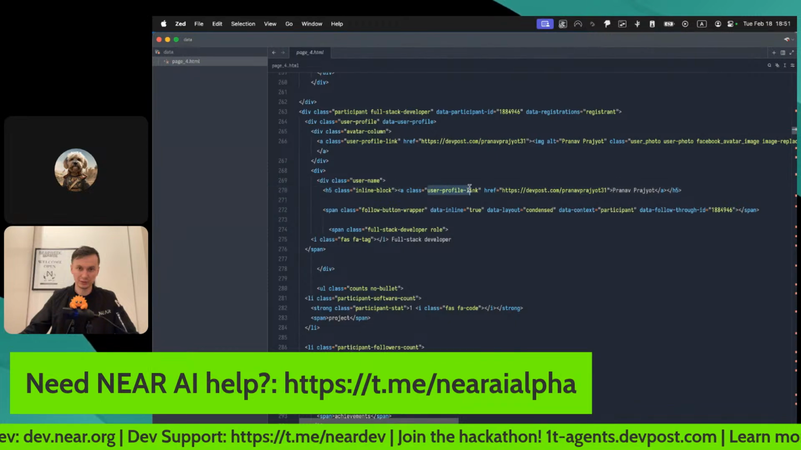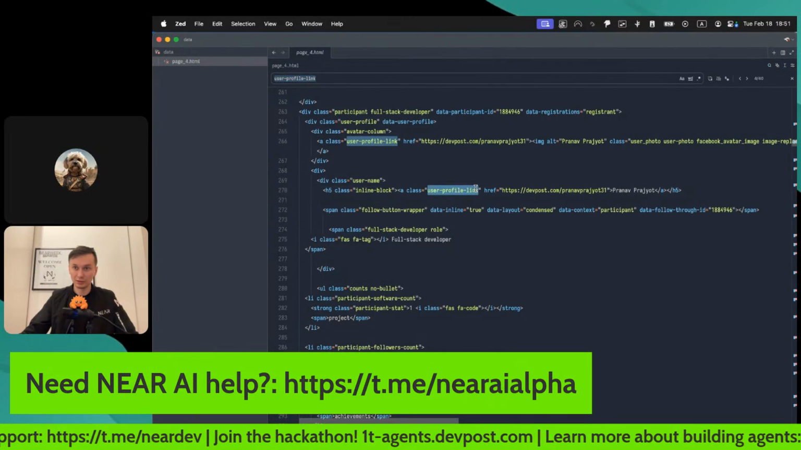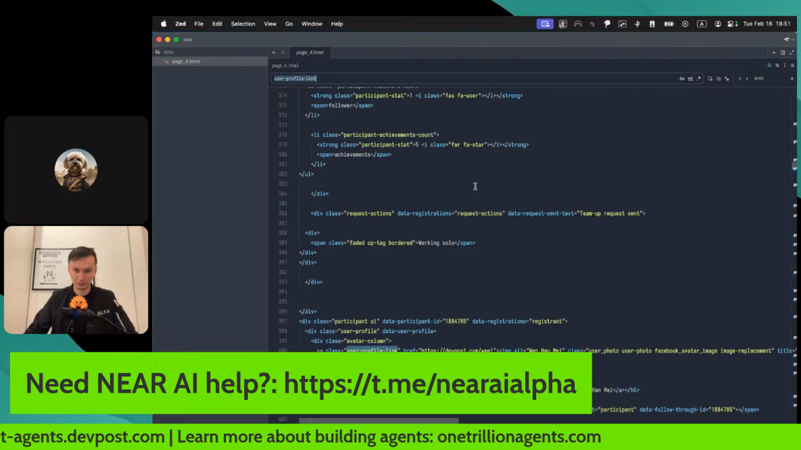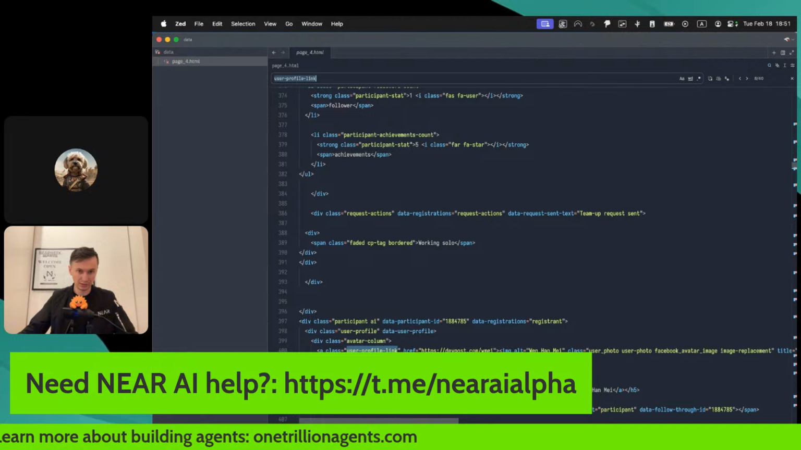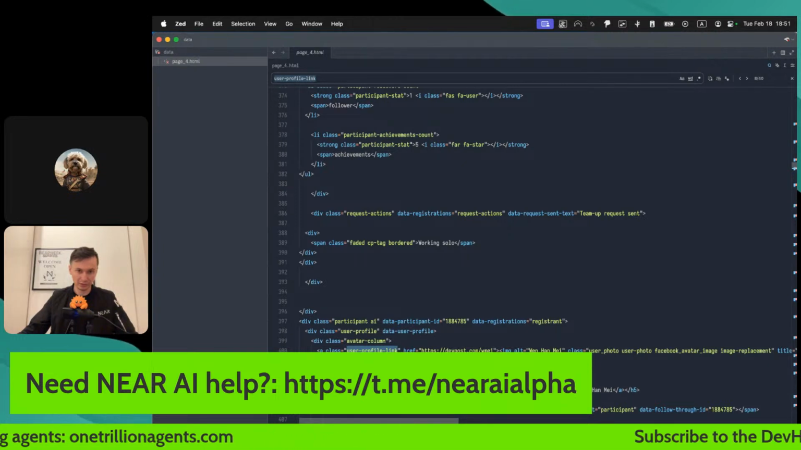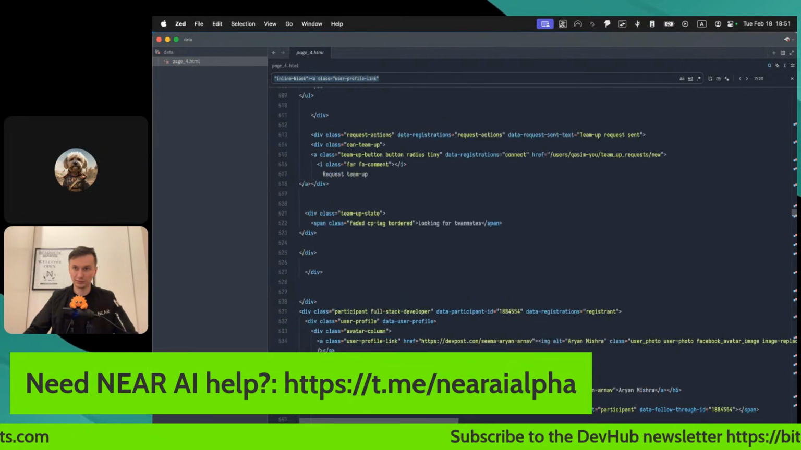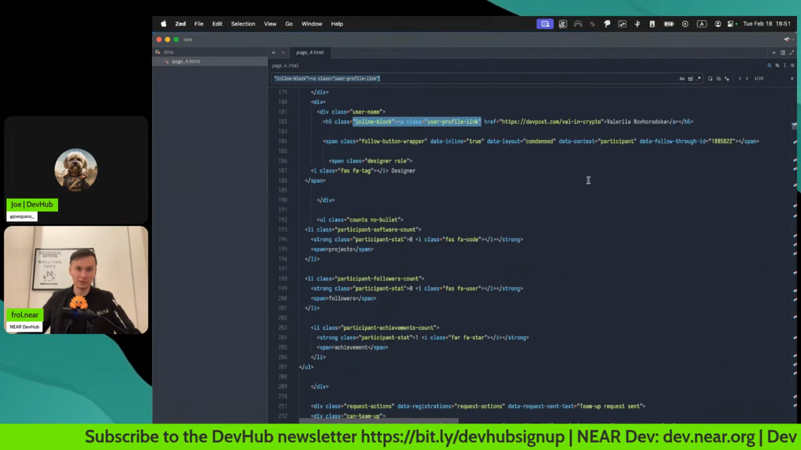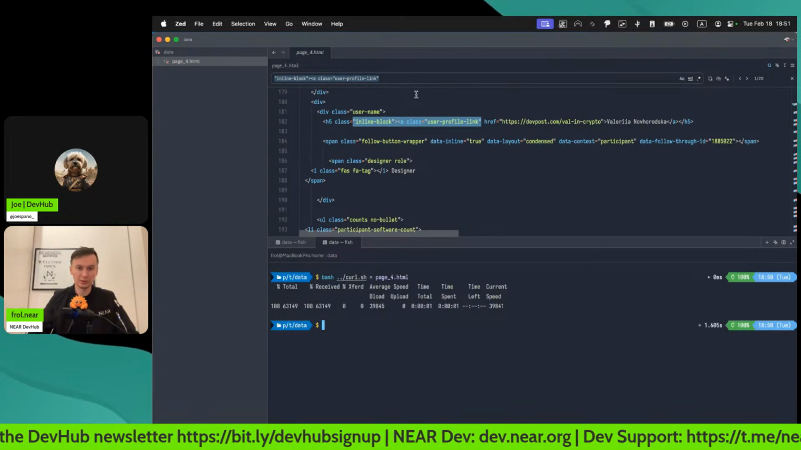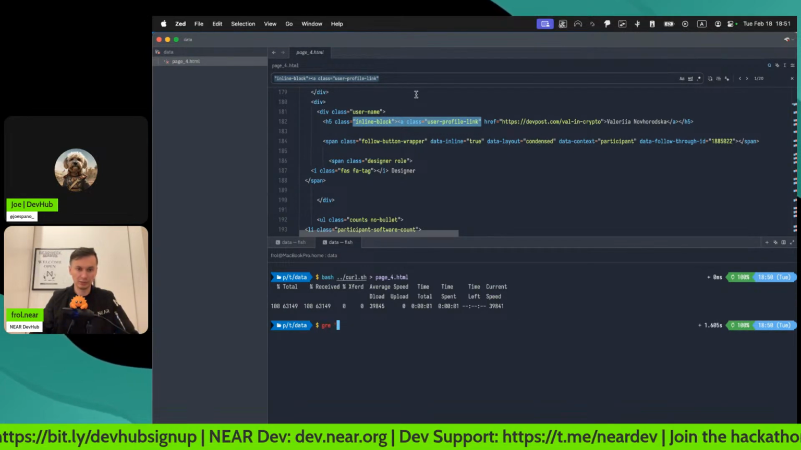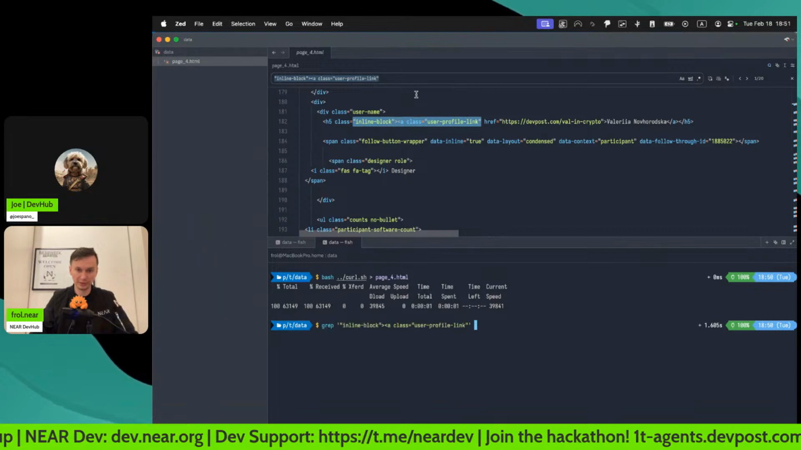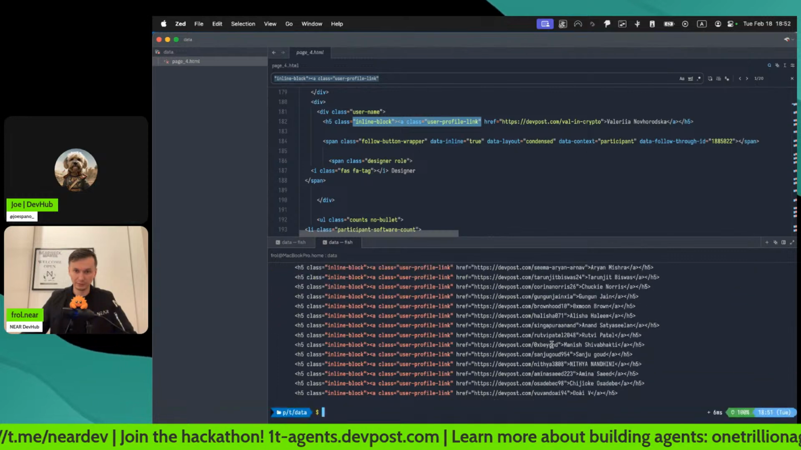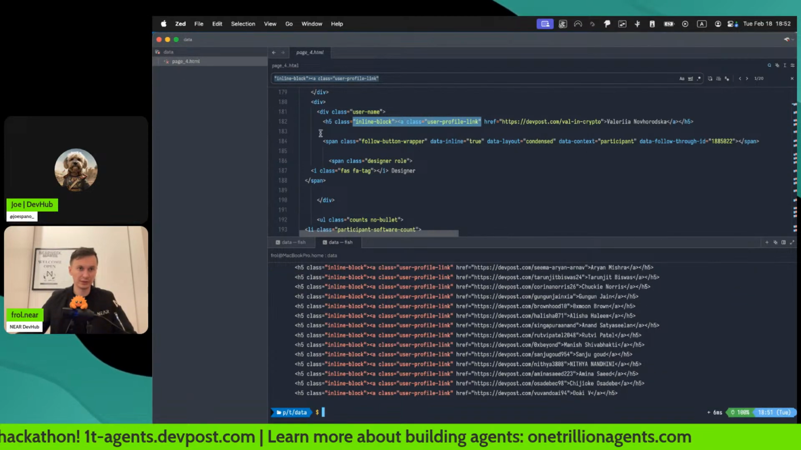Let's see how many of these are on the page. More than necessary. Let's check it this way. 20. Yeah, I believe that is about right. So we can use this now. Grab this thing out of page 4. Cool. So what's left is to